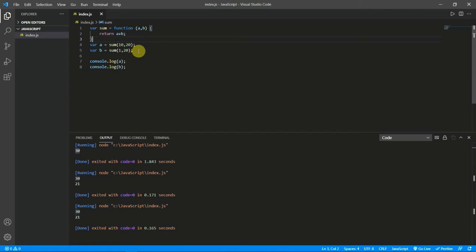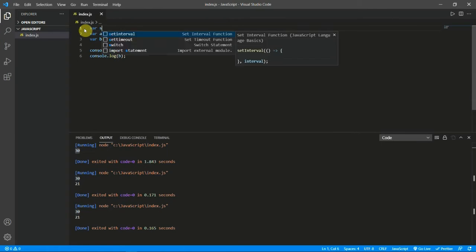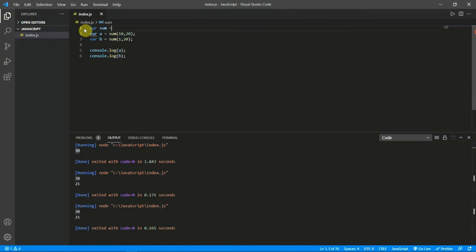Now let me tell you another method which is very easy compared to all this. I'll create again a variable sum, and then I'll give equal to, and then here I'll give the brackets a comma b, and then I will give the equal to and greater than symbol.